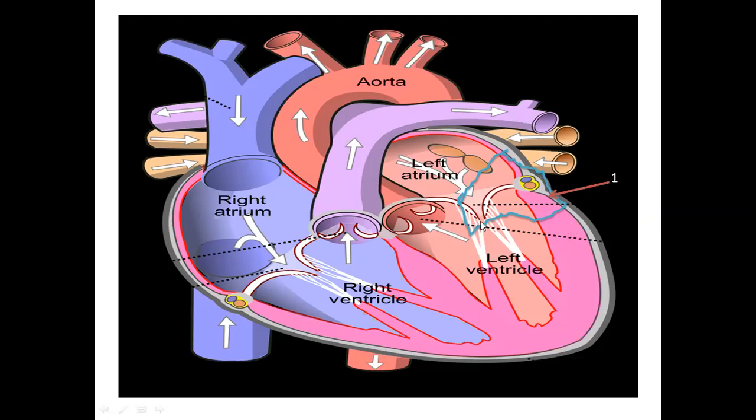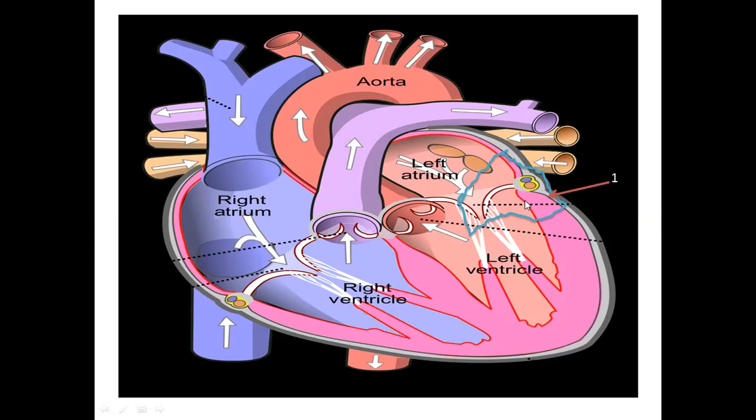So this light blue area is the area from where the next micrograph is actually taken, as indicated by the arrow with the digit 1. So you have to concentrate on this figure, because this particular schematic diagram is actually present on the next micrograph. So what is in this particular area? A small portion of atria, a portion of ventricle, the left ventricle visible, and then a cusp of the bicuspid valve present between the left atrium and left ventricle.